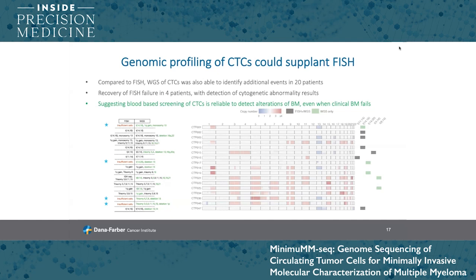In particular, 4 smoldering myeloma patients had FISH failure due to insufficient cells for clinical testing. However, we show that whole genome sequencing is able to recover a result and reliably detect cytogenetic abnormalities that are present in these patient tumor cells. You can see below the 4 starred patients on the left, and this included key myeloma events such as primary translocations, 1q gain, trisomies, deletion of 1p, and deletion of chromosome 13. This suggests that blood-based screening of CTCs is reliable to detect alterations of bone marrow even when clinical bone marrow